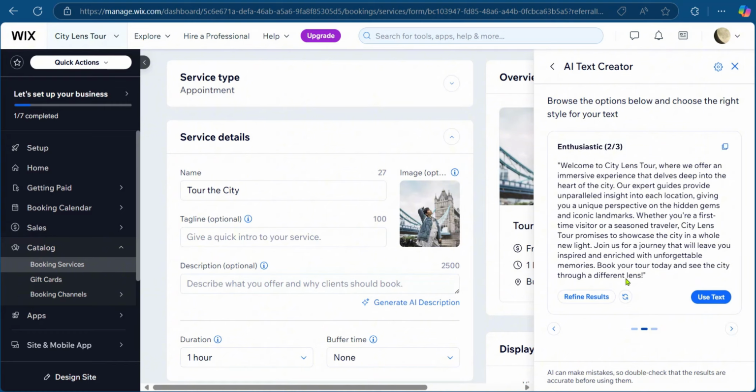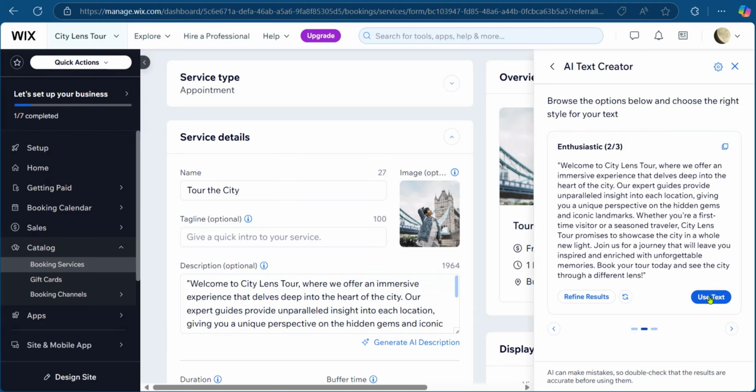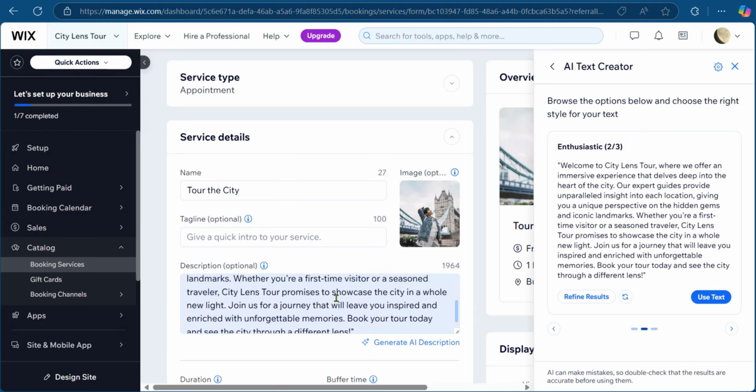So we're going to choose enthusiastic without looking through much of the details, just to help you know that you can use generate AI description to speed up the workflow. Then we're going to click on use text, but if you want to refine it more, you have the option to go ahead with. So we're going to click on use text, and right away it comes over to the